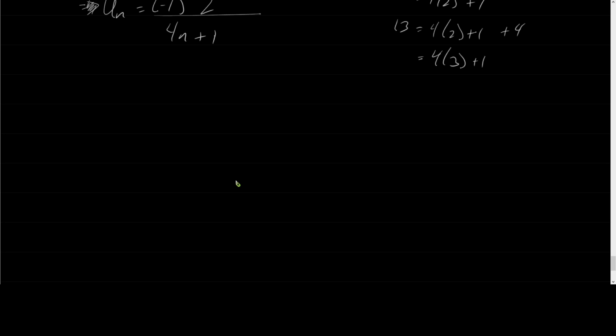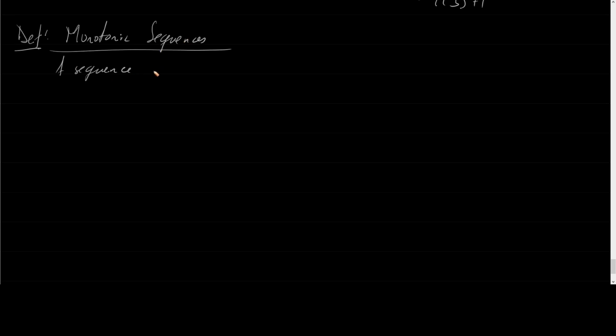There are other properties of sequences. So let's discuss some of those properties a little bit. I won't necessarily go into too much detail, but I do want you to know that these things exist. So, definition. Monotonic sequences. I'm just going to be defining some terms here. A sequence is monotonic